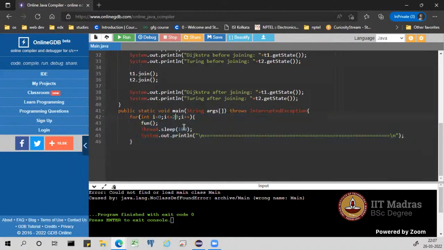Can you all see my screen? Okay, now I think it will work. My system is hanging. Okay, anyways,